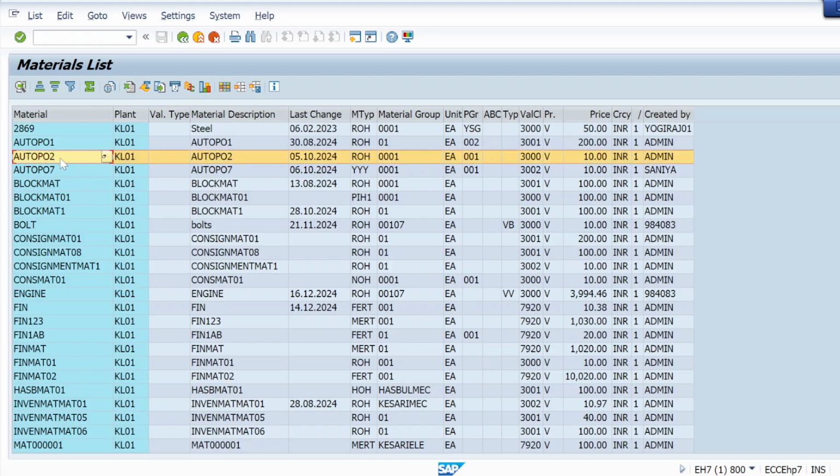Let me take this material auto PO02, in MM02. Let me check auto PO02.